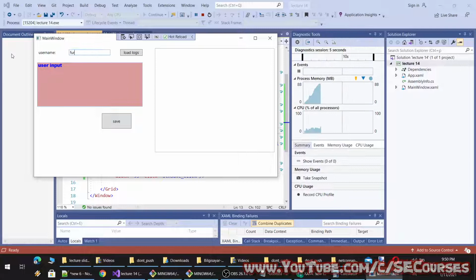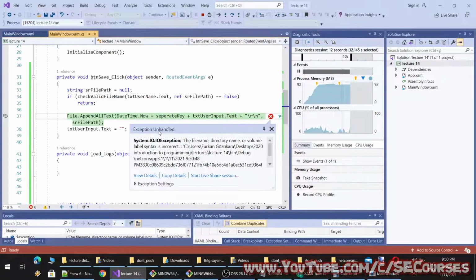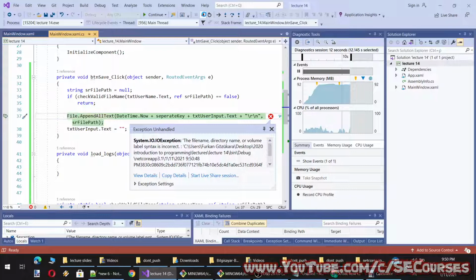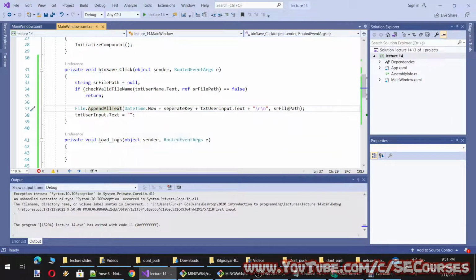Okay, so the username is Furkan and user input is, let's say, first input. Okay, so I click save. I think we have provided the input with the incorrect order. Okay, so we have to provide path first, then the content, and we did the opposite.